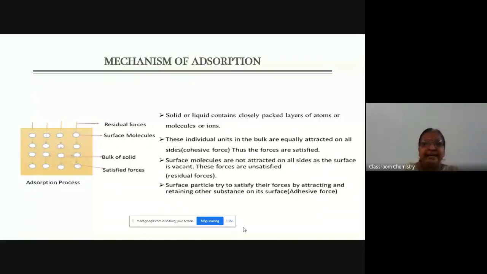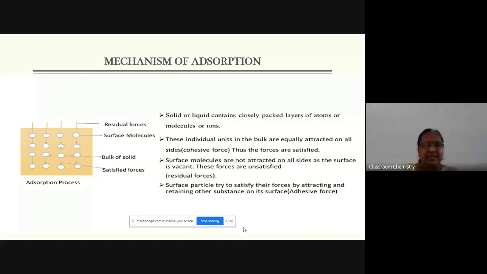All of you know that if we consider any substance that is solid or liquid, in solid, it contains the closely packed layers of atoms or molecules or ions. म्हणजे जर आपण सबस्टन्स कन्सिडर केला तर त्या सबस्टन्स मध्ये इंडिव्हिज्युअल युनिट्स आहेत. इंडिव्हिज्युअल युनिट्स कोणते आहेत? तर इंडिव्हिज्युअल युनिट्स may be atom, it may be molecule or it may be ion. म्हणजे NaCl क्रिस्टल जर आपण कन्सिडर केले तर Na+ and Cl- ions are individual units. H2O consider केला, H2O molecule is the individual unit, means atoms or molecules or ions are the individual units of